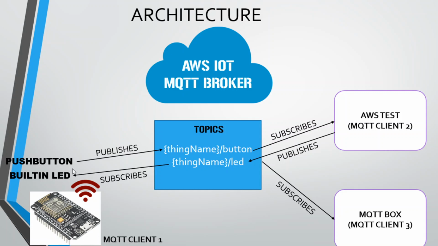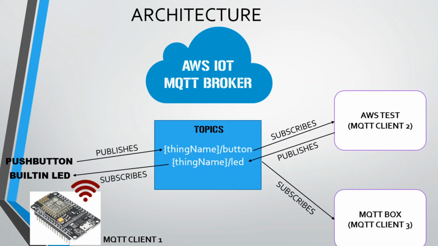So we are publishing data. This NodeMCU is a publisher as well as a subscriber. It also subscribes to this topic. We are sending data to and receiving data from the MQTT broker via topics. This is the concept: we publish data on a topic, and the broker pushes that data to other clients. This is the benefit of using MQTT,